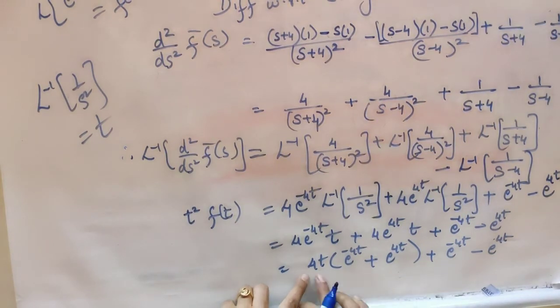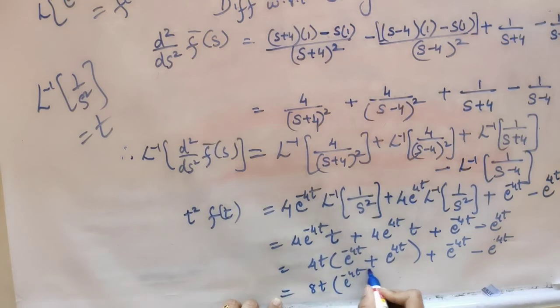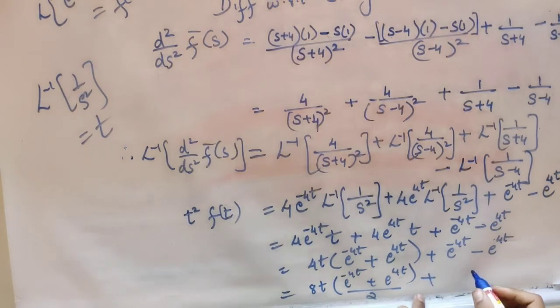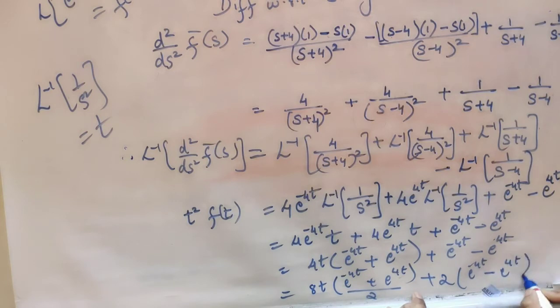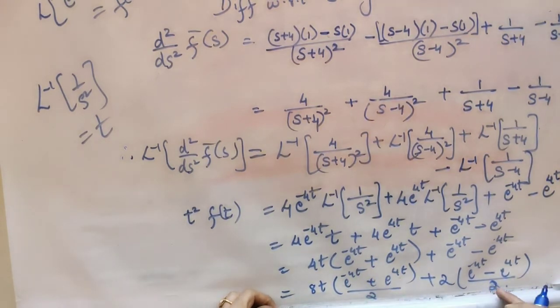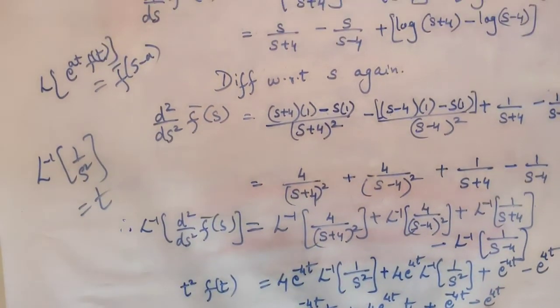Now I can just divide and multiply by 2 here. Okay. So it becomes, throughout if I divide and multiply by 2, you will have 8t into e to the power minus 4t plus e to the power 4t divided by 2, plus here also I am dividing and multiplying by 2, so 2 into e to the power minus 4t minus e to the power 4t divided by 2 you will have. Okay, just see that. Now this is cos hyperbolic 4t, this is sin hyperbolic 4t. So the simplified form for this is,